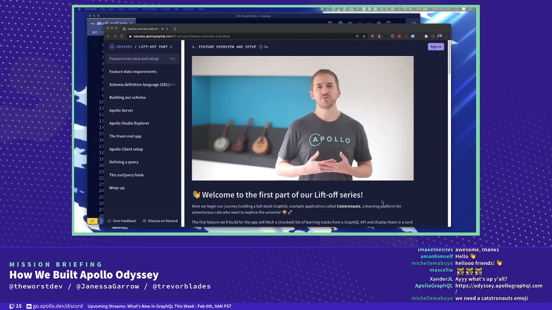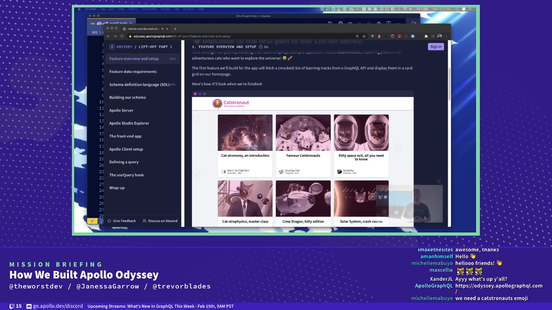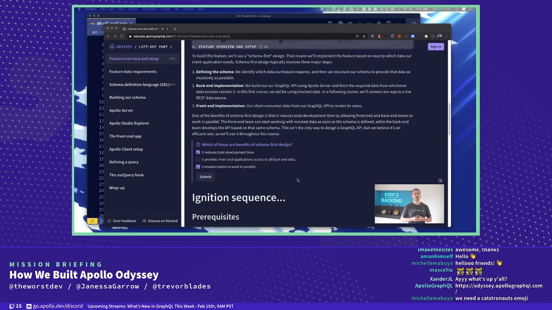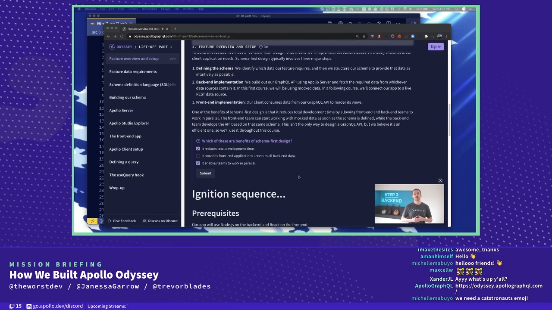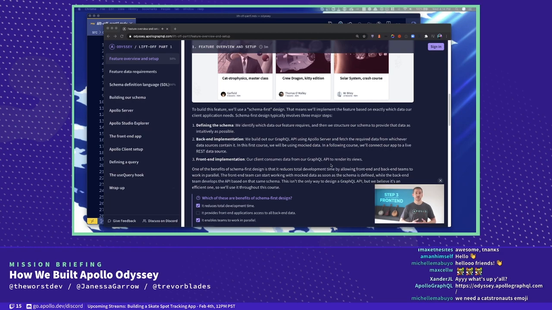Schema First design typically involves three major steps. Step 1, defining the schema. We want to identify which data our feature requires and then structure that data to support that feature as intuitively as possible. Step 2, backend implementation. We build out our GraphQL API using Apollo Server and fetch the required data from whichever data source. In this course, we will be using mocked data, but in the following courses, we'll connect our app to a live REST data source. And finally, Step 3, front-end implementation. Our client consumes data from our GraphQL API to render its views.